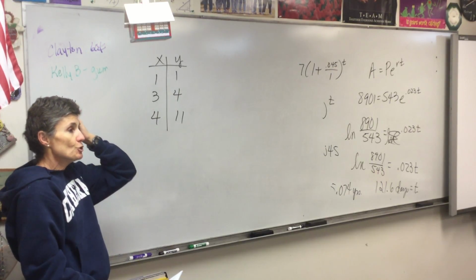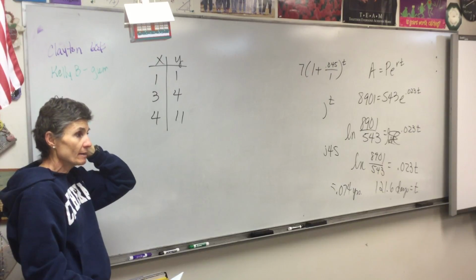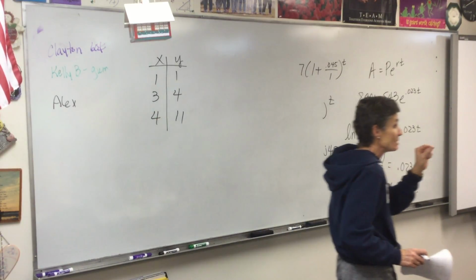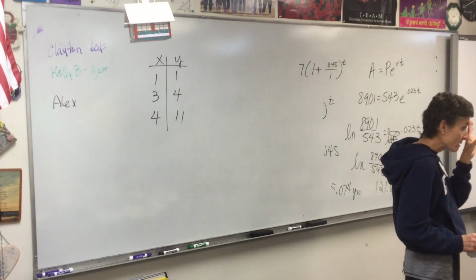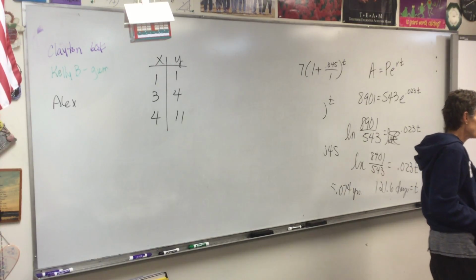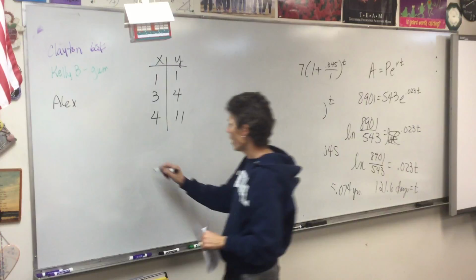Now, listen to me. You do not have to go through all of the stat plot rigmarole. You don't need to do that. The only reason we ever graph our data points is to see what shape it is, right? Because we need to know what shape it is in order to know if we're doing linear regression or quadratic regression or cubic regression or whatever kind of regression we're doing. There's no confusion here. It says quadratic regression. So put your data points in, stat edit, and then go back in to stat calc and do quadratic regression, and it should give you y equals